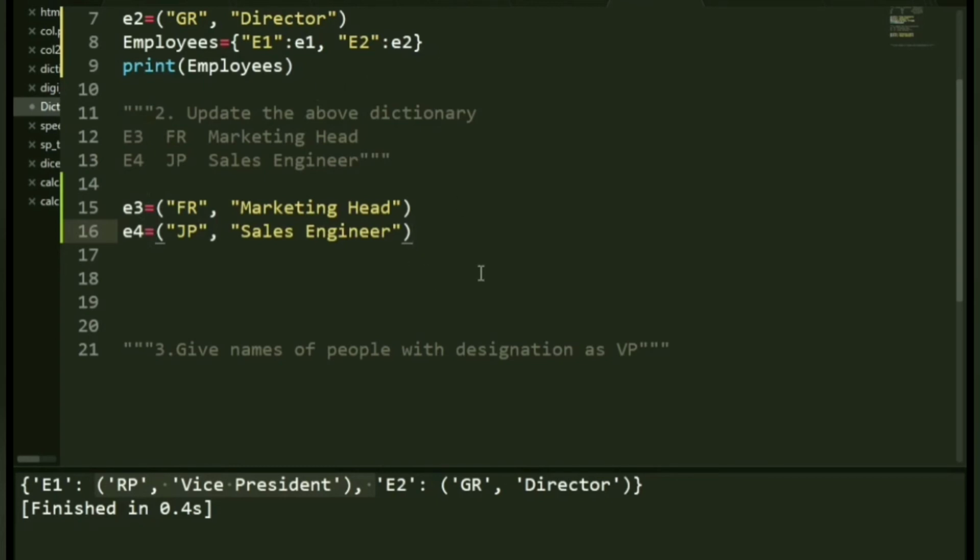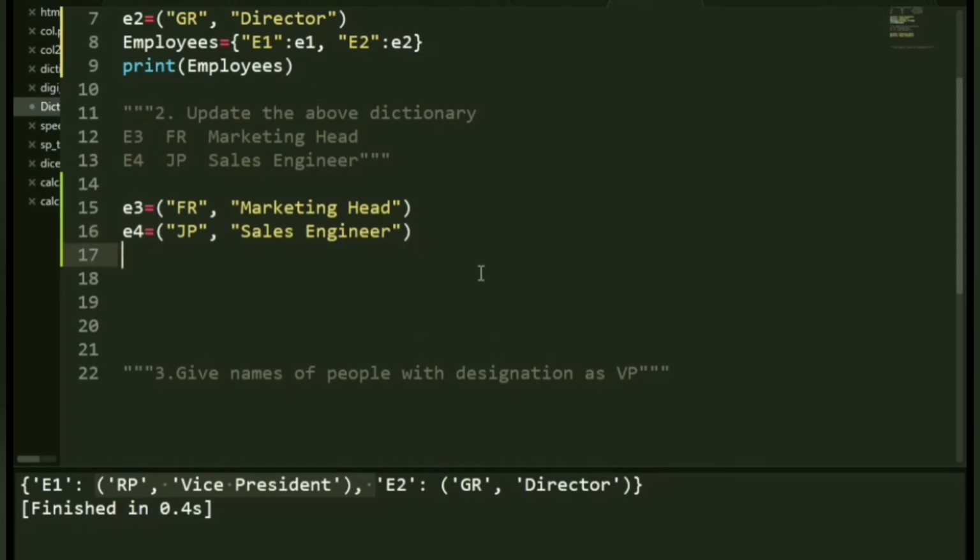So what I can do is I can use the update function or method provided. So what happens is I shall create another dictionary. Let's say employee 2. All right. And to that I shall give the exact same syntax. You all are understanding what's going on, right?